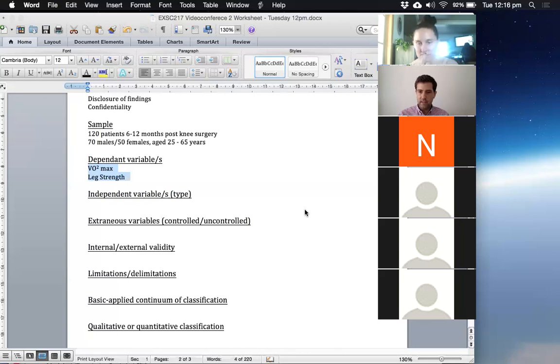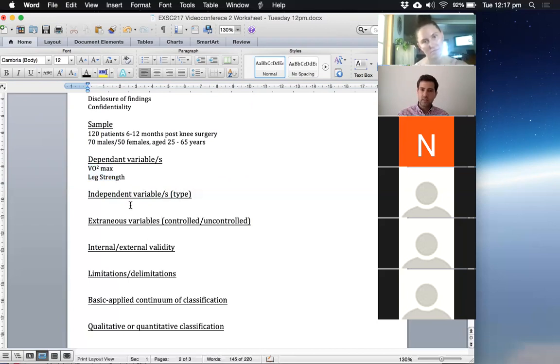Jess, you put down in the chat there, it's general and not individual to participants. So yeah, it's something that we typically can group the participant data together for and perform some sort of analysis on. Those are good descriptions of a dependent variable. Those are things we can do with the VO2 max test. It could be something that we measure all participants on, and we either compare across two groups, or we might be looking for a relationship between two different dependent variables like VO2 max or leg strength, or we could just report, say, VO2 max of that population, which might provide some really important normative data for clinicians out there. So those would be some examples of dependent variables.